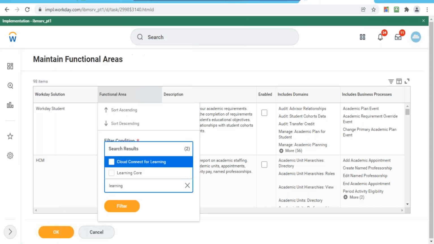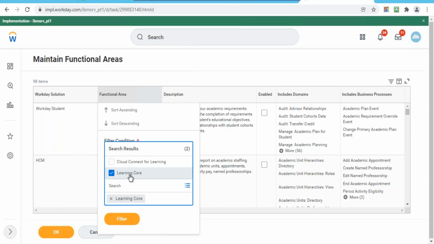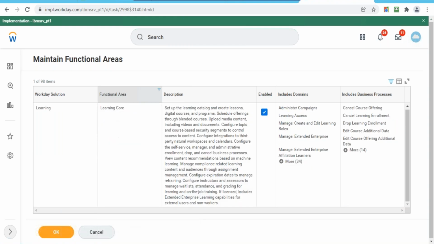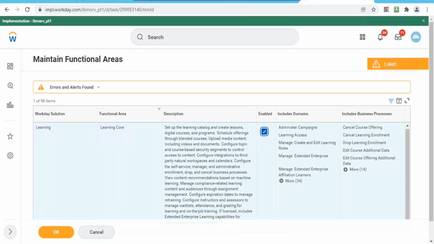So learning core. You'll be selecting this. Right now it should have been enabled actually, but when you actually start implementing Workday, it will be disabled. What you'll do, you'll enable this one and make sure that all these domains, whatever you're seeing here, are available for you to access. But if you're not enabling this one and if you try to access these domains, you'll not be able to find them. So you need to enable this module, and then you should be able to access all the domains related